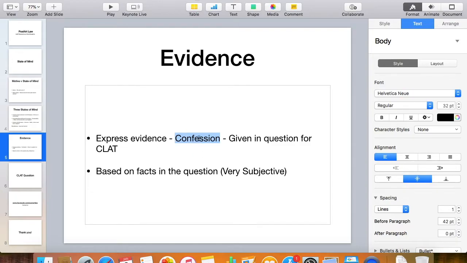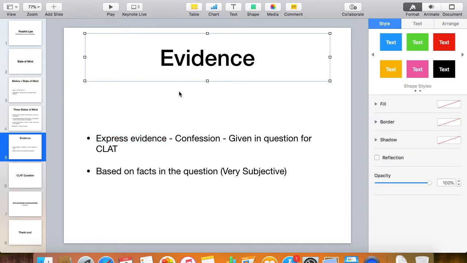But that confession, that's by confession. He confesses he was shooting in the air. That explains his state of mind, which is he did not want to hurt someone, but it could have been foreseeable that the bullet will fall down and hit someone. So he may be liable for knowledge, but not for intention. So that's one example of how you find out someone's state of mind, right? So how do you find out someone's state of mind? First is express evidence, and second is